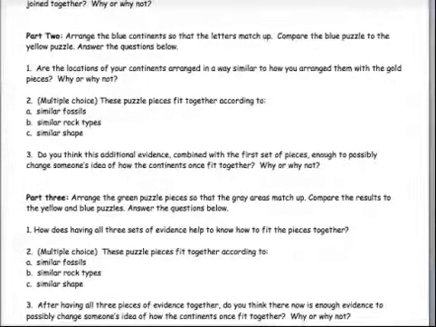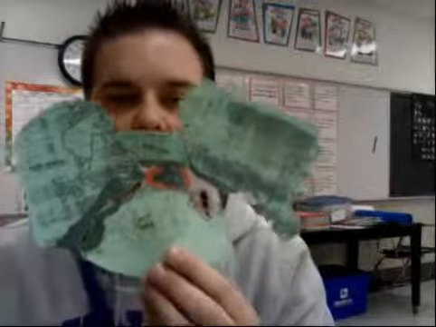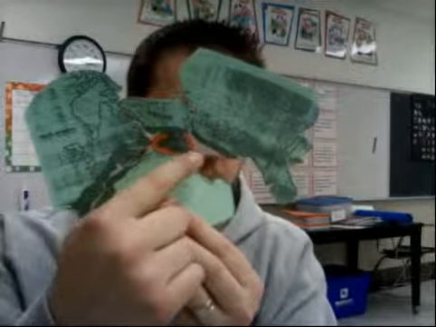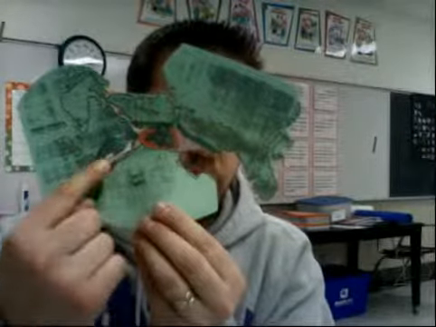Part 3, we do the same thing, but this time it's with green puzzle pieces. So this one is probably the most difficult one to do, and it's the most difficult one to interpret too. But I'll show you what we have here. So this time they're green, and it looks like this. And right through here, there's kind of a dark band, and that dark band is supposed to represent one type